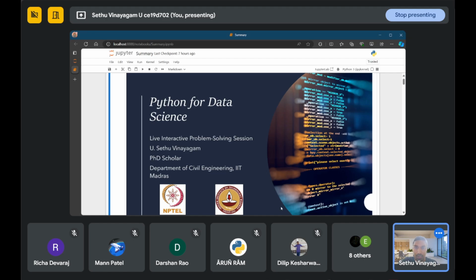So let's start today's session. Welcome to this live interactive problem solving session for the Python for Data Science course. This is our last session. We have completed all the 4 weeks contents for the course. So today will be a summary session where we will go through all the concepts that we have seen so